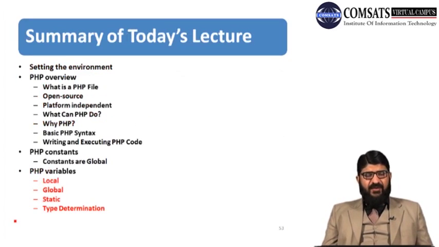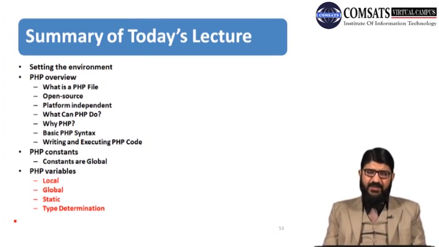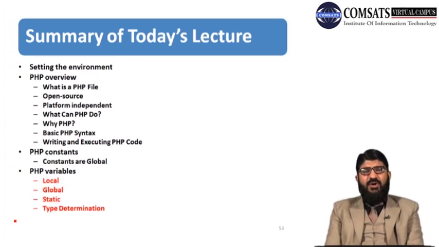So what we have discussed in today's lecture? In today's lecture we have started for PHP, and we have seen how to set the environment of PHP. For that we have seen that download the WAMP server, install it, and if the icon color is red or orange, it means you are facing problems. For that, you need to check about the DLL file is missing, or there is a port conflict of IIS and Skype.